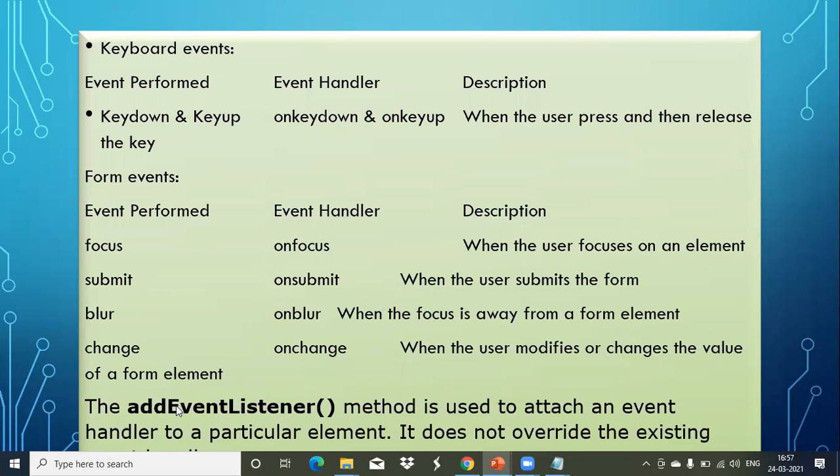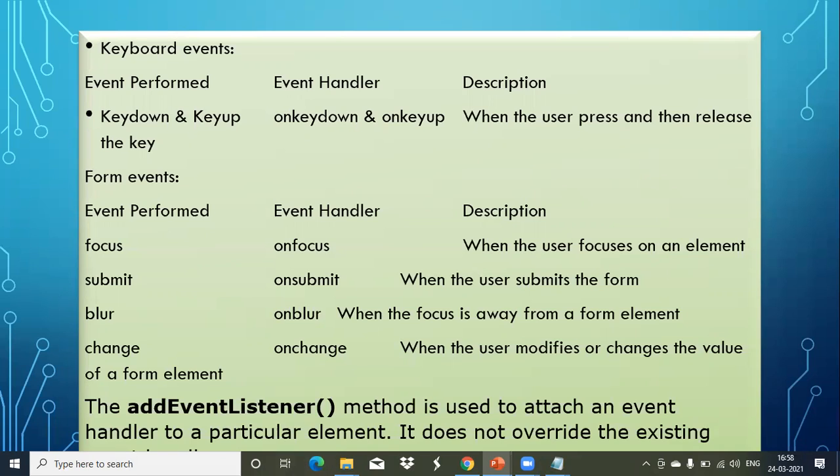We have one more method, add event listener. That method is used to attach an event handler to a particular element. It is the same thing as on focus and on submit, but we are just adding something extra for a particular element. So that is the add event listener method.